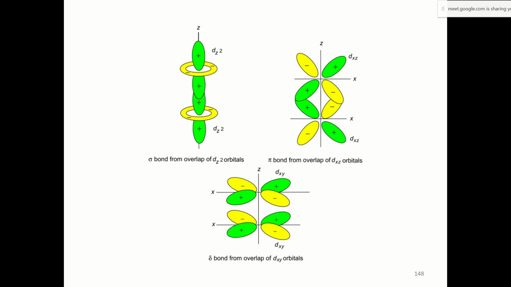So sigma pi, and just representation of the same thing, how we can consider them to be overlapping with each other. So z axis xz, and then dxy, so these are the schemes that you can draw for,